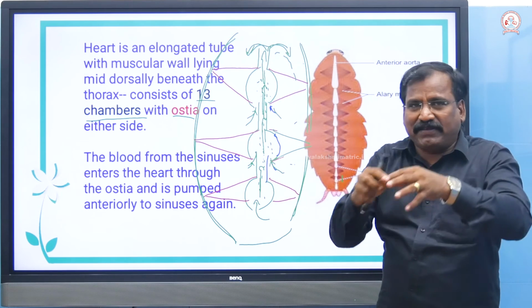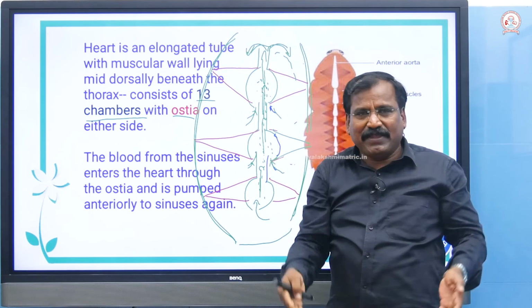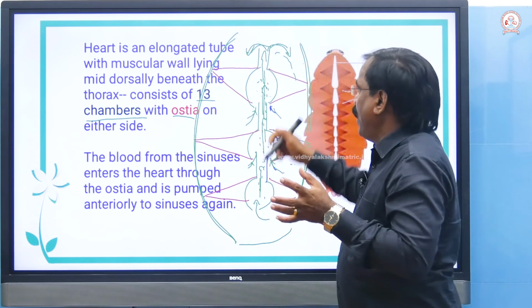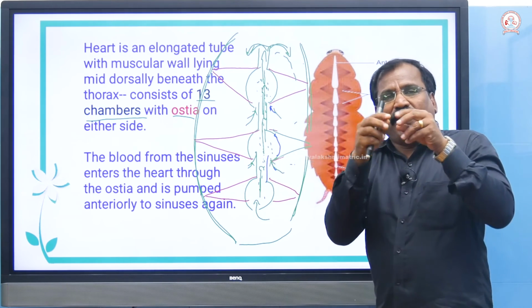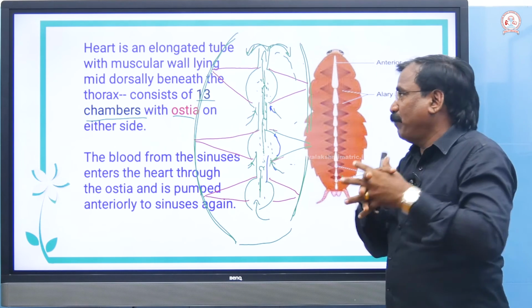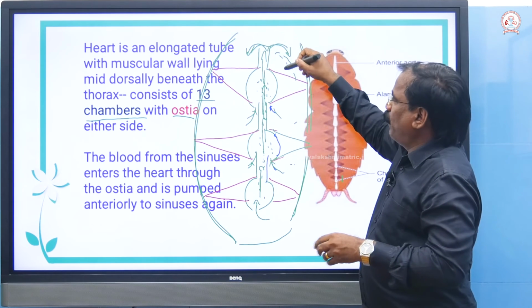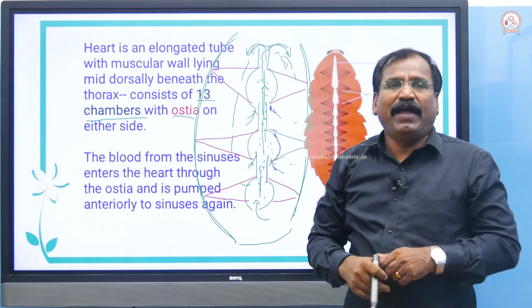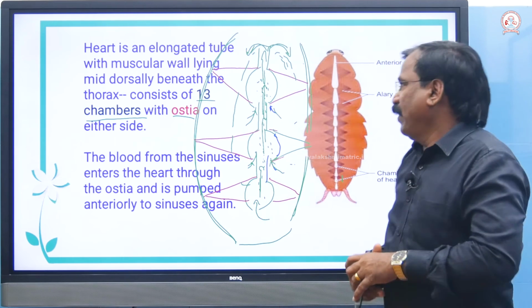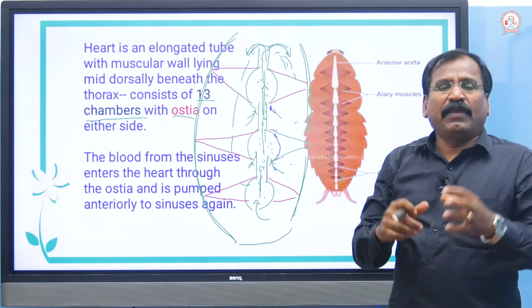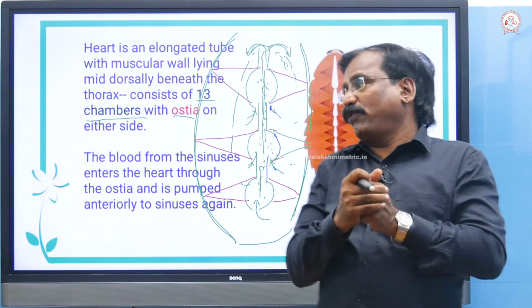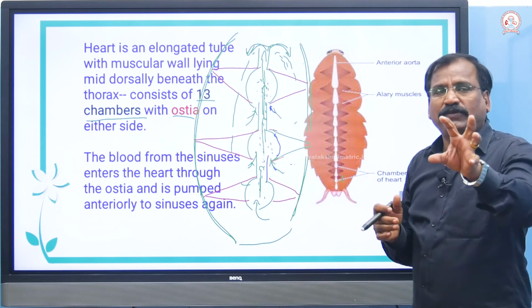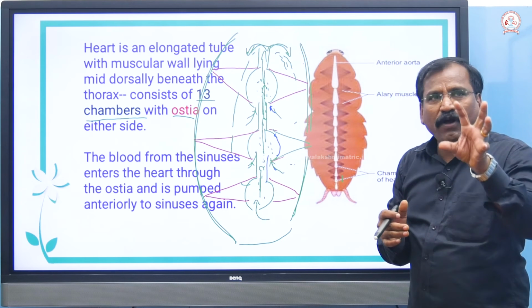Okay, sinus and the space, I said, you know, there is a space, like a coconut inside, there is a cavity, that's sinus. Sinus na in between the tissues some spaces are there, and the sinus kulla pogum, திரும்ப அப்படியே வந்து இங்க வந்துட்டு திரும்ப once again that same process repeats again and again. So this is the mechanism of the circulation. Okay, circulation in cockroach. 13 chambered heart, the tubular,